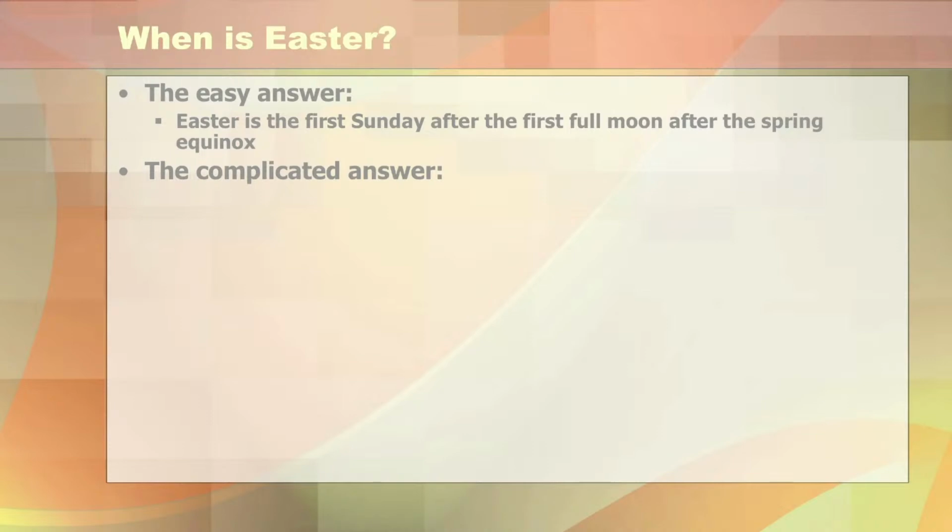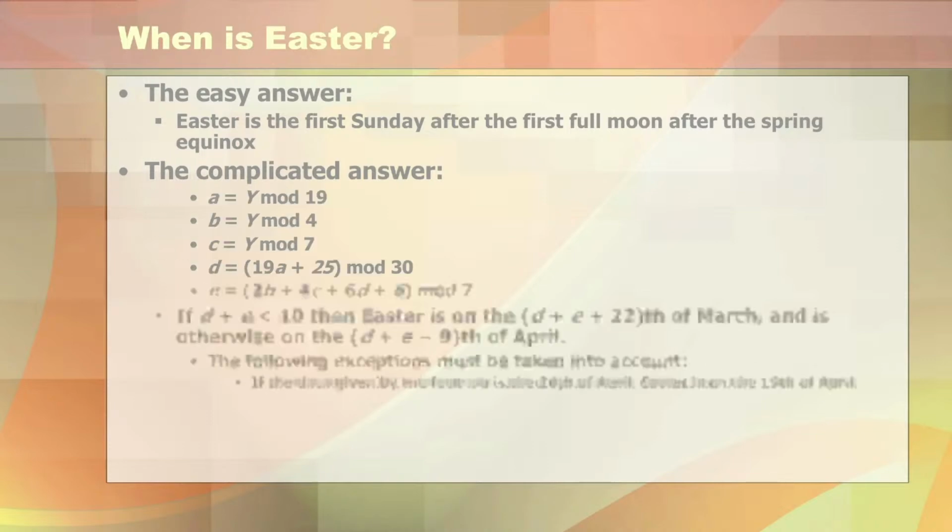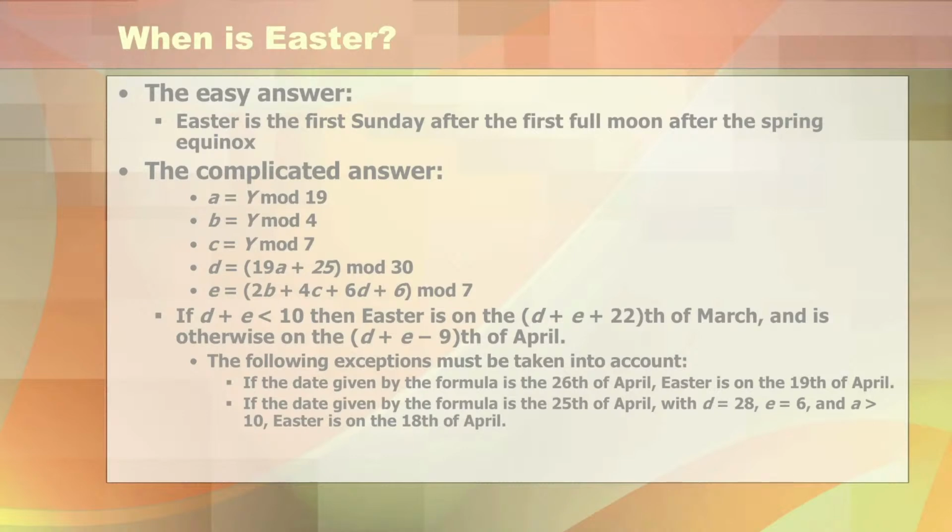Now, of course, church officials aren't satisfied with something that simple. I mean, that's kind of complicated. But here's what the early church, maybe not early, this is after we switched over to the Gregorian calendar, they came up with this as a formula. So you have all of these things, and this is literally what church officials back in the whatever 900 AD, that's what they said. They didn't use this sort of notation. I'm using modern mathematical notation, but they said, go through all these calculations and then apply this formula, and that's when Easter should be. But generally, Easter is just the first Sunday after the first full moon after the spring